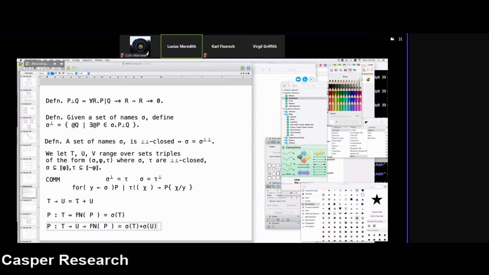Sorry, I need to do one more thing here, which is to go grab this to be absolutely accurate. So we go through and we perp all the things in T. So this perps the sigmas, and it perps the taus. Right, so that's what this construction here does. And so then this is going to be the sigma of T perp